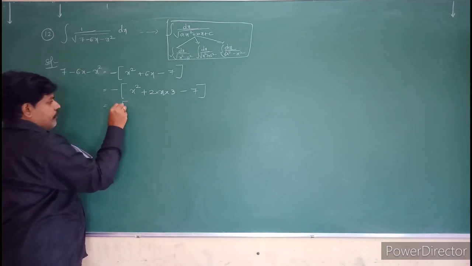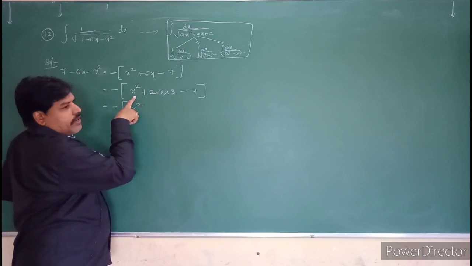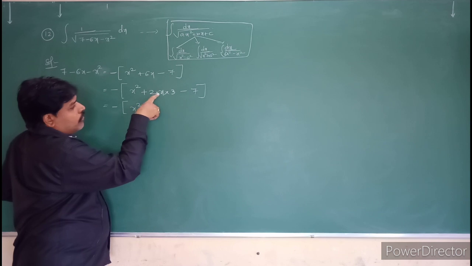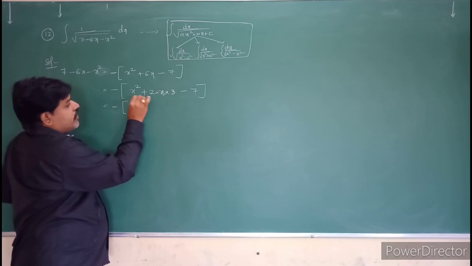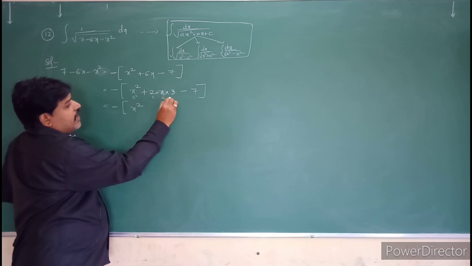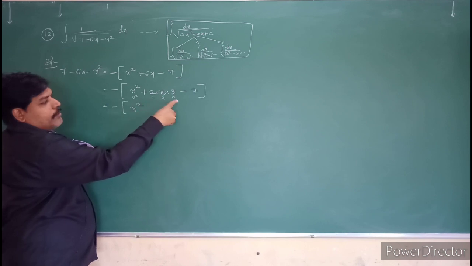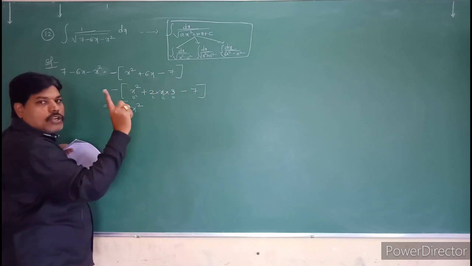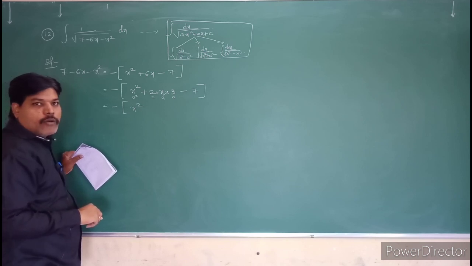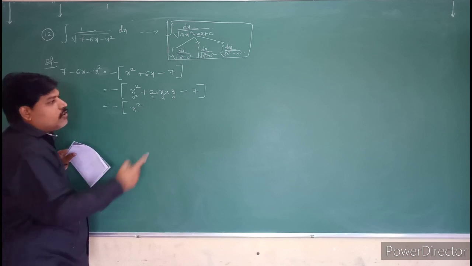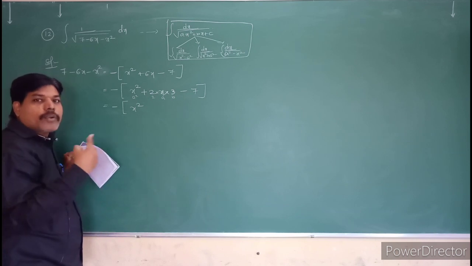So this is nothing but x square, it is in the form of a square plus 2ab. Do you understand that? So this is a square, it is 2, it is a and it is b. A square plus 2ab. What do you need to add? One term you have to add. What is that? Plus b square. What is the b value? B value is 3, as well as we have to subtract also.